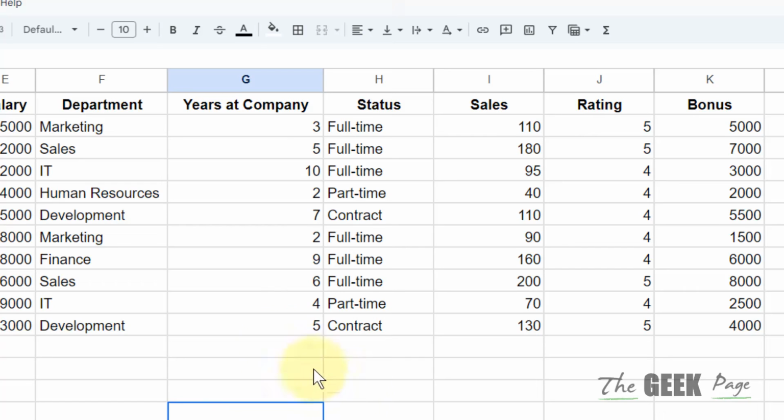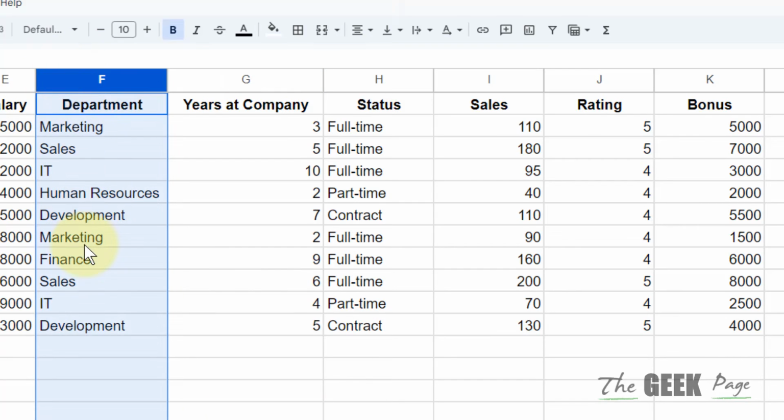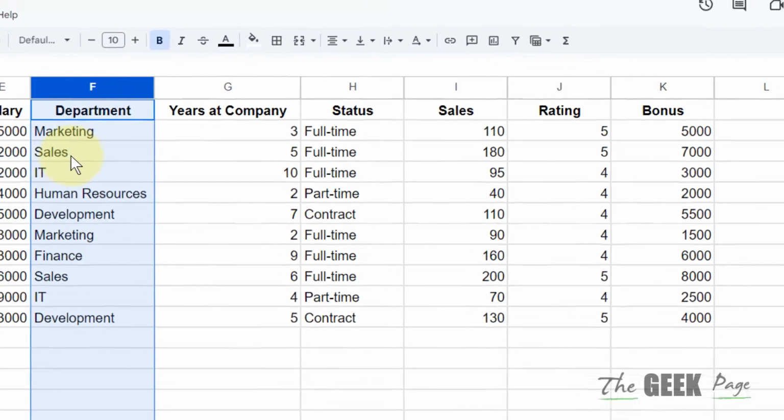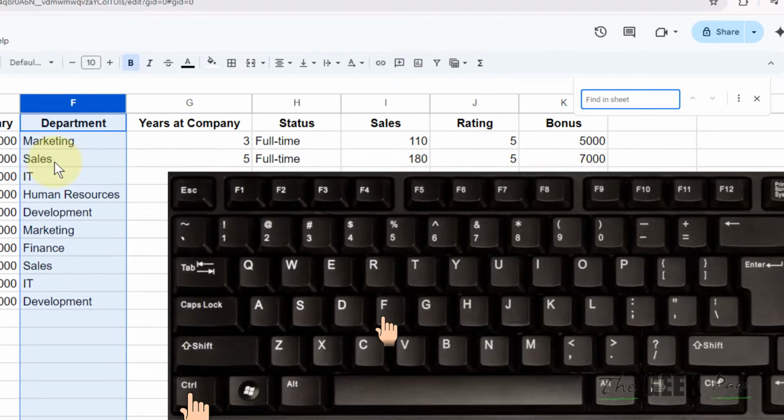Hi guys, let's see how to search within a specific column in Google Sheets. So let's say this is a column, just select this column, and after selecting this column just press Ctrl F